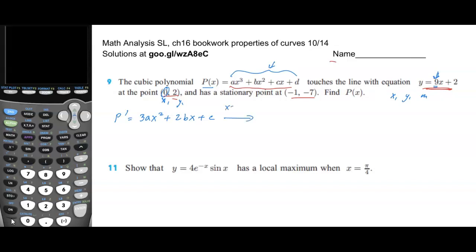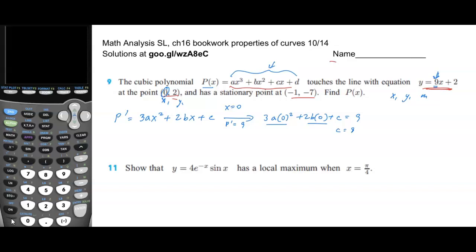So when x equals 0, p dash is equal to 9. Let's rewrite that: 3a(0) squared plus 2b(0) plus c equals 9. These two terms become 0 because they're multiplied times 0. So basically we found out that c is equal to